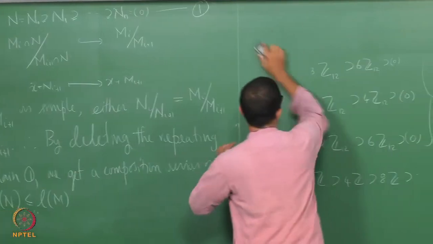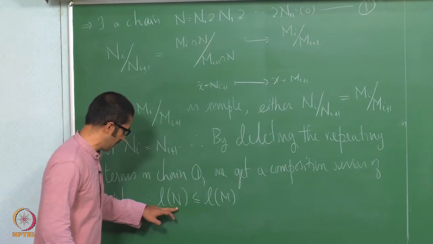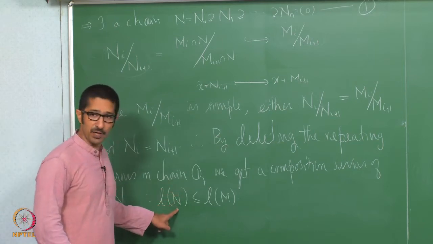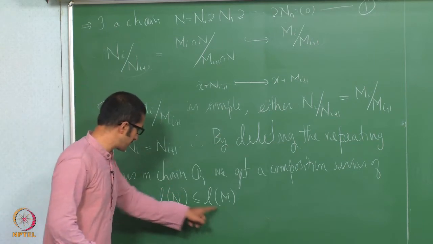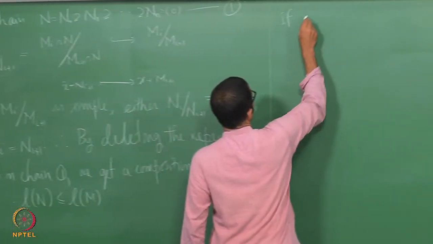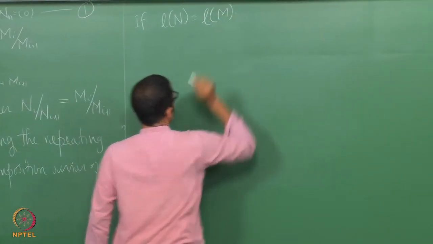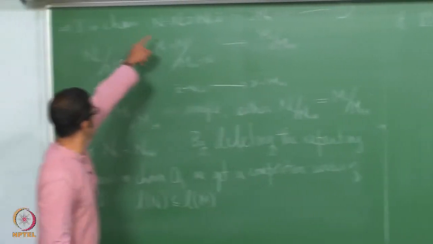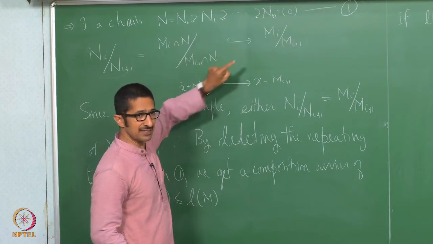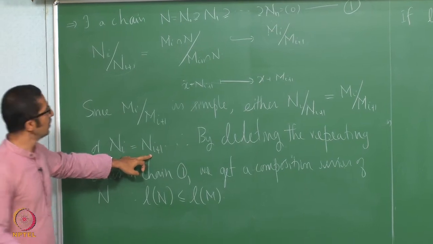Now, our aim is to show that if N is a proper submodule, then this is strictly less. What is meant by this? These two are equal. If L of N is equal to L of M, what does that say? That says that here none of them is repeating. That means nowhere this happens, or in other words,